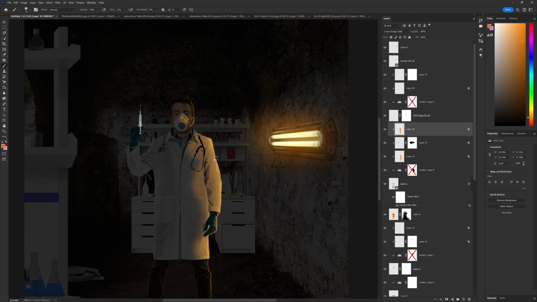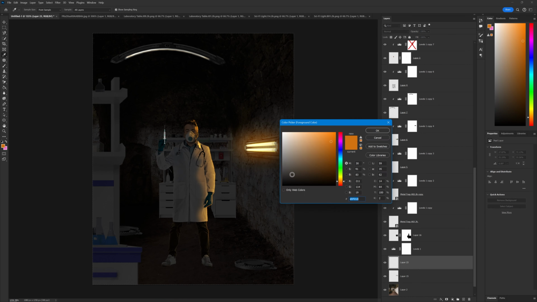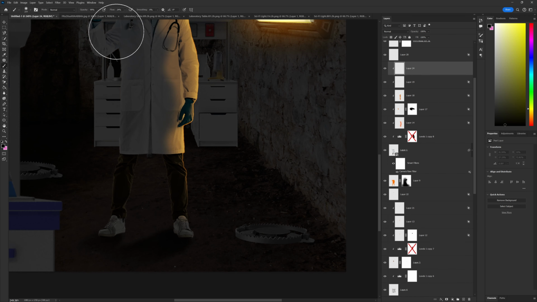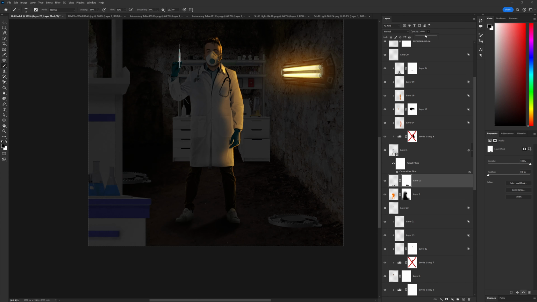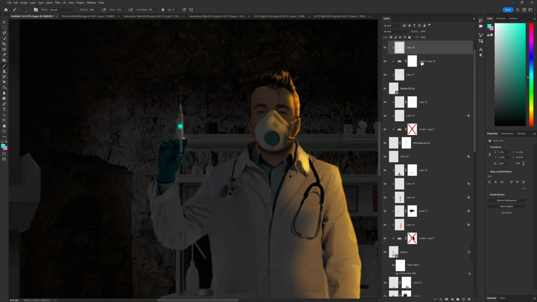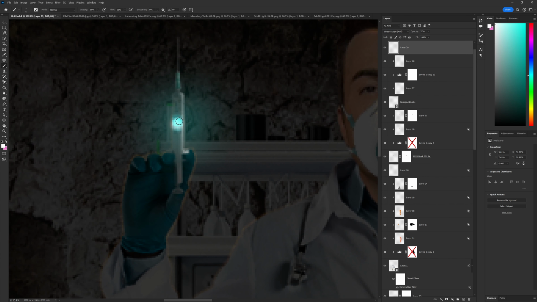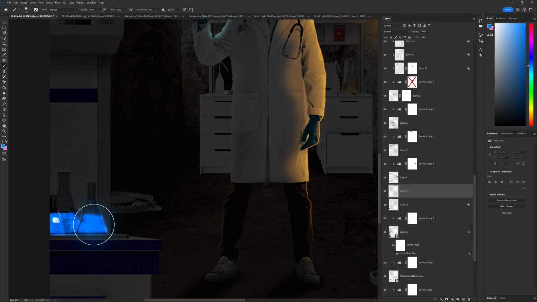I started with painting some orange highlights over Mark Rober's wireframe and adding a little bit of haze glow to the light that's directly to the right of him and some shadows. And after a while, it did in fact start coming together, which is super helpful. I even did this neat little thing with the syringe where I made it glow so it looks like he's about to inject you with a slurp juice or a chug jug from Fortnite. Yeah. This also gave me the idea to make other potions in the room glow,